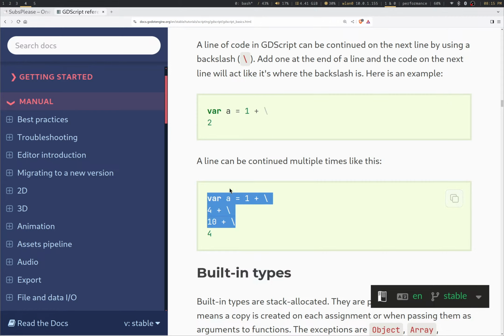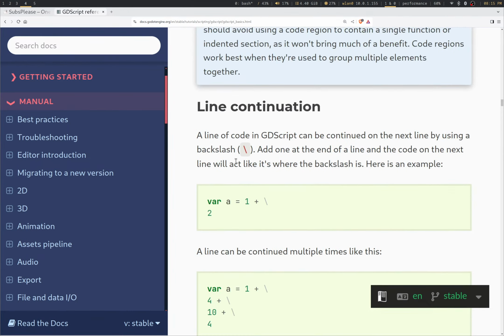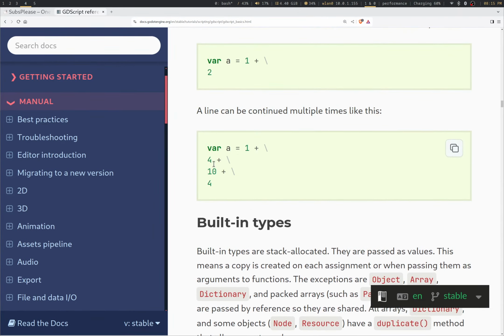Line continuation. Yeah, I was actually looking for line continuation in my own code base earlier, because when I was doing this, I was like, oh, is it that? I was like, no, this can't be right. I was like, yeah, it's just that. I know I use line continuation in my code base. I mean, this is a terrible example to show line continuations, because why would you do this? Like, this does not make your code more readable.